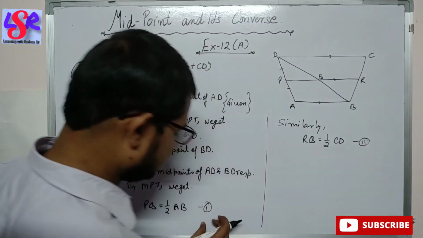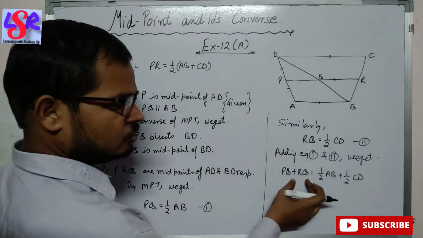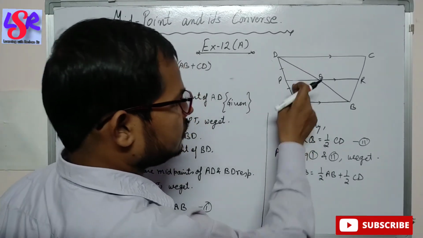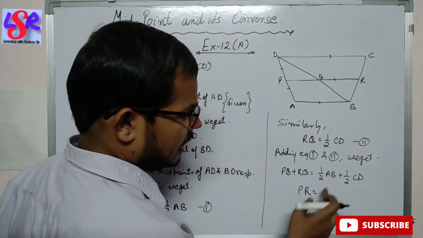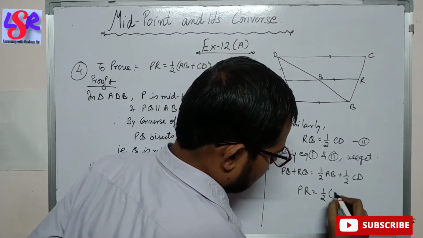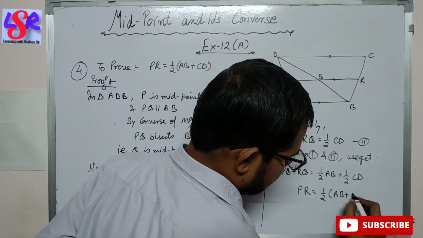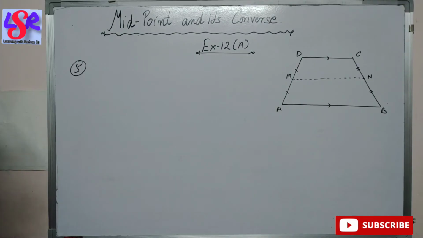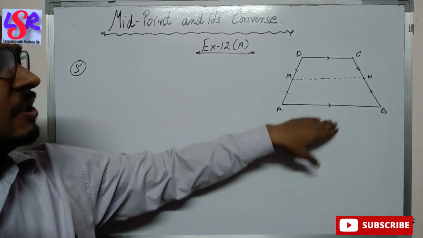And on adding these two equations, we get PQ plus RQ equals to 1 by 2 AB plus 1 by 2 CD. Now PQ plus RQ will become PR and we can take half common from these two and this will become 1 upon 2 times (AB plus CD). Hence proved. Now here in question number 5, we have this figure ABCD in which AB is parallel to